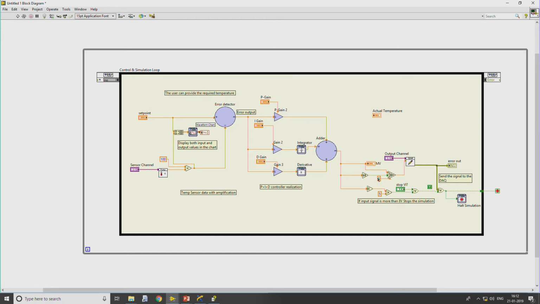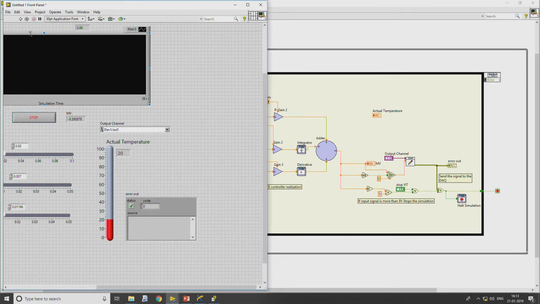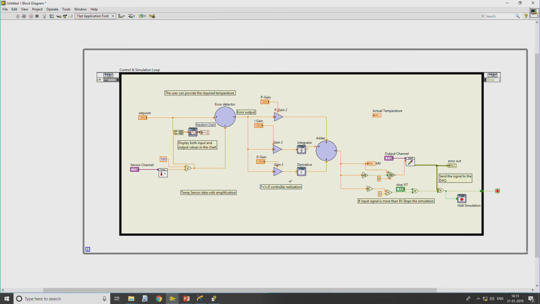Similarly, any voltage lower than 0 volts will be shown as 0 volts. That particular logic has been designed, and moreover, if the simulation generates more than 5 volts, the system will automatically switch off. Moreover, if the stop button is pressed from the front panel, the system will switch off.